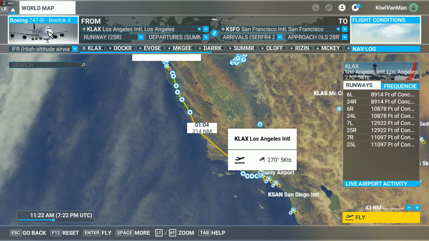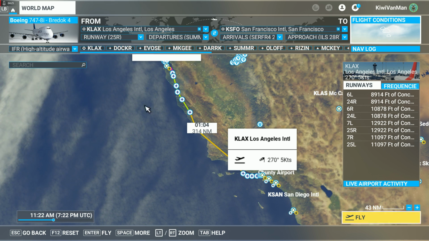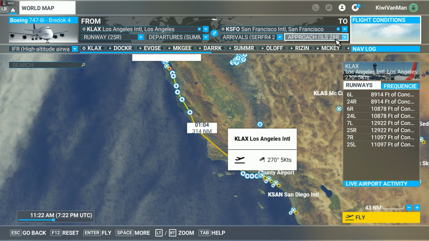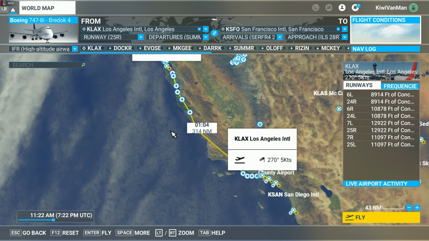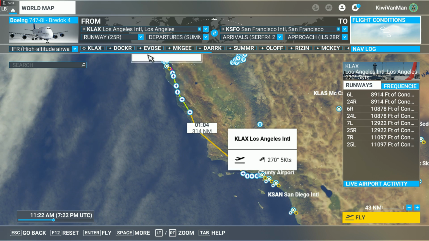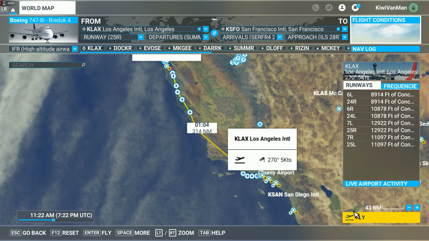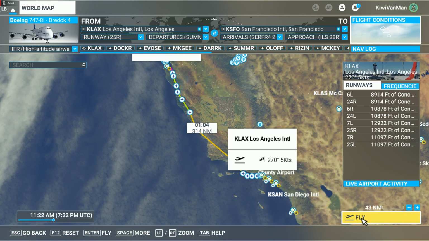And if it's a default aircraft in the simulator, once you click fly, all this information will go straight into your ILS automatically. All your SIDs and STARs, your ILS approach, and everything will go straight into the FMC computer automatically. Okay, it's as easy as that, and it's a drop dead gorgeous flight plan. Make sure you got your 747 selected up there. Okay, so let's click fly, and we'll be underway, and I'll see you when we're down on the ground in